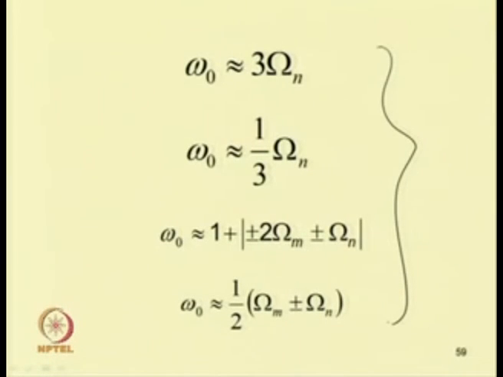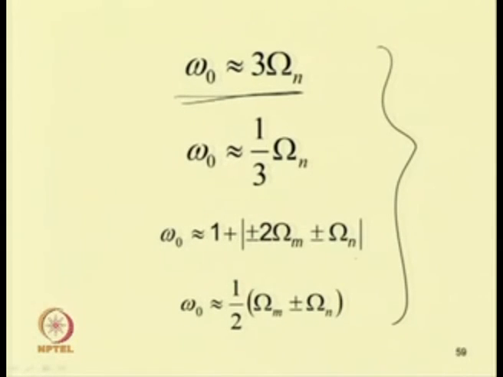These are superharmonic or subharmonic, and in addition to that one can have primary resonance conditions and secondary resonance conditions. In case of primary resonance, the resonance will be near the natural frequency of the system, and when it is not near the natural frequency of the system, we get the secondary resonance condition. From the previous equation one can see the resonance will happen when omega 0 is nearly equal to 3 omega n, similarly when omega 0 equals 1/3 omega n.